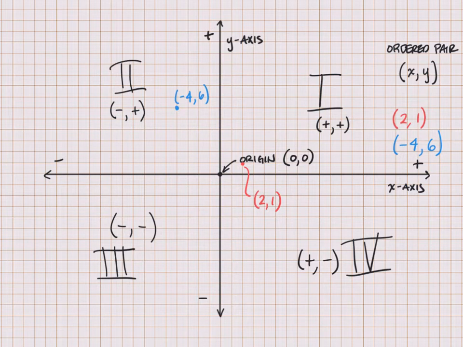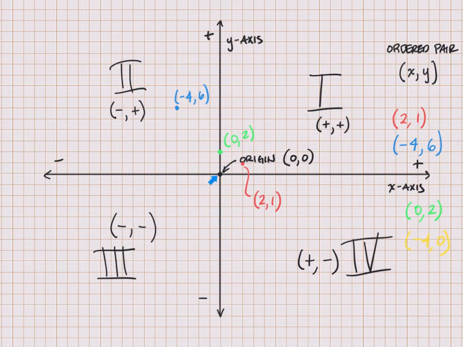And then I should mention, if you wanted to graph something that had a 0 in it, like (0, 2), you're going to start here at the origin as always. You move 0 units in the x direction, so I'm just going to stay right here on the origin, and then I'm going to move 2 units up. So this point right here is (0, 2), and then if I flip that around and do something like (-4, 0),